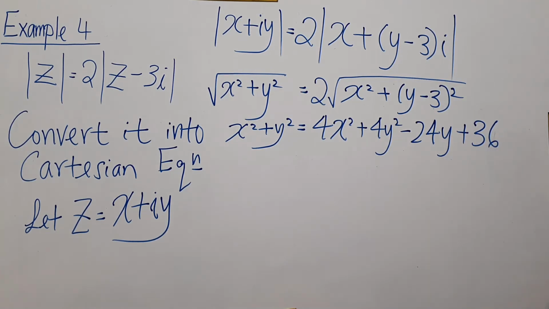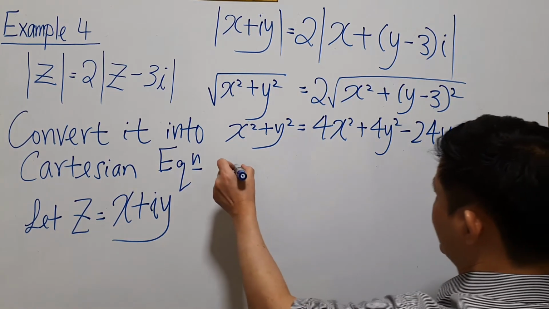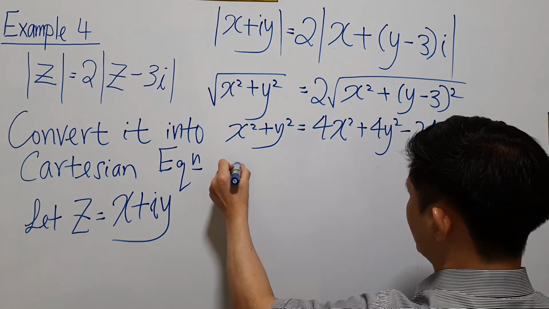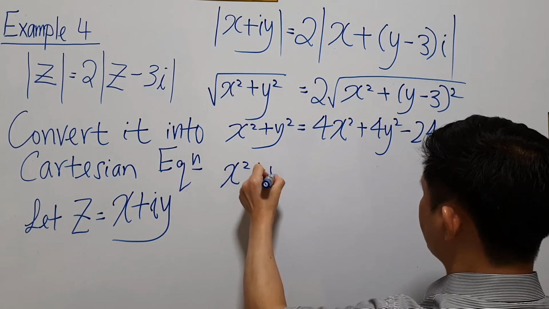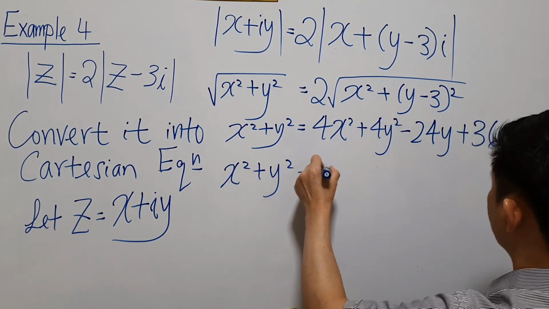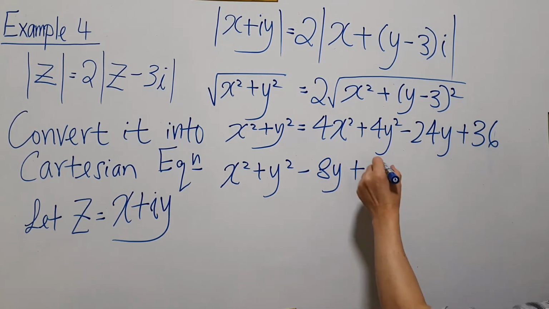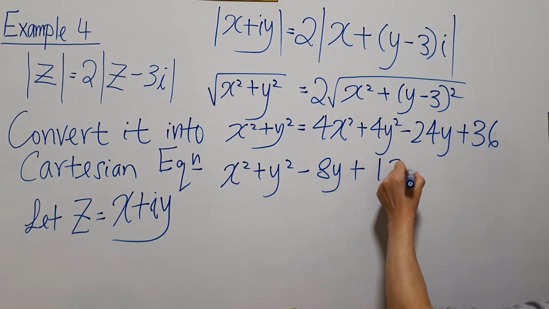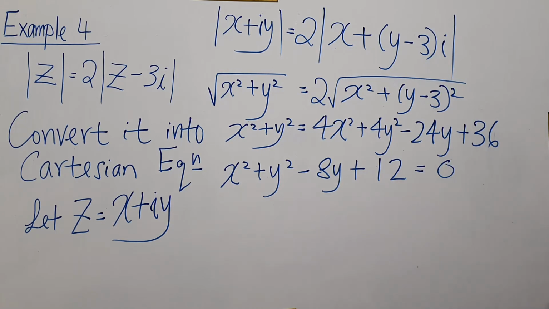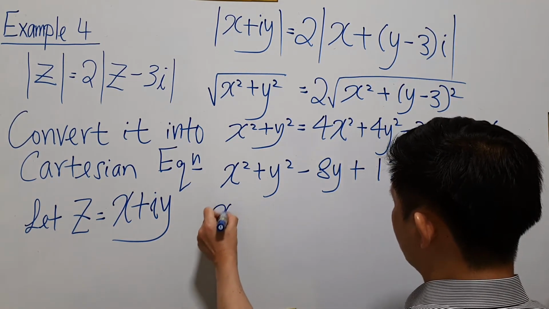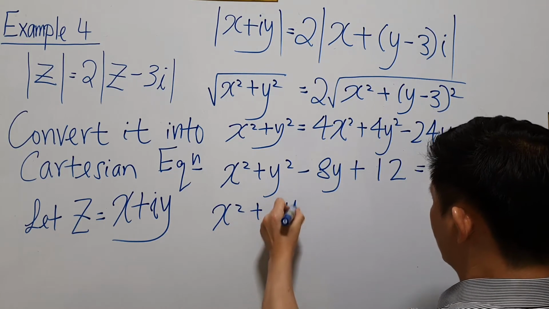Upon expanding both sides, you get this, and then you do some further tidying up to get x squared plus y squared minus 8y plus 12 equals 0. If you tidy up this arithmetic a bit, you get to this line, and if you tidy this up further,